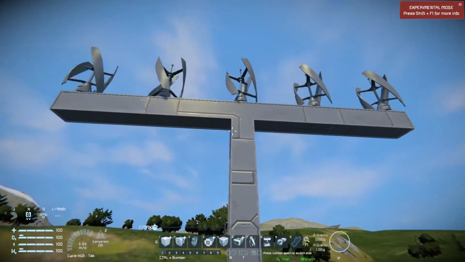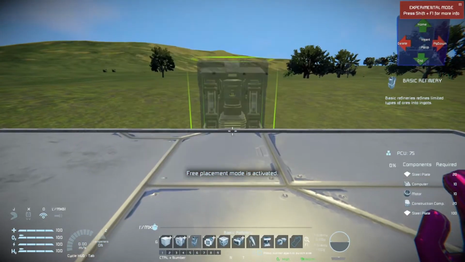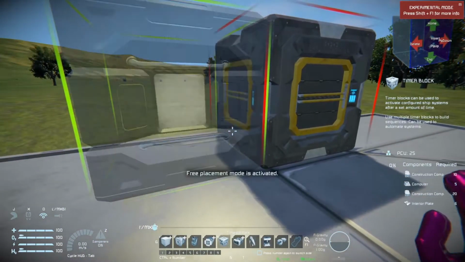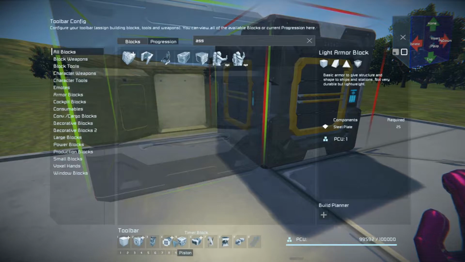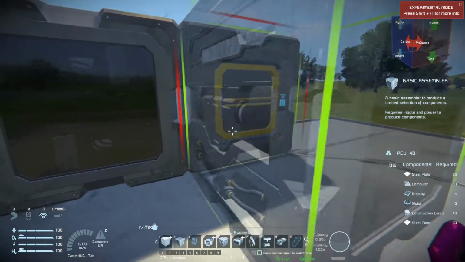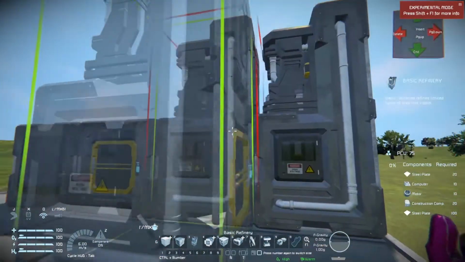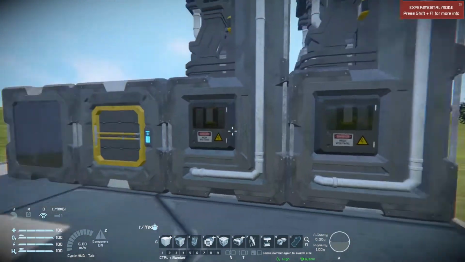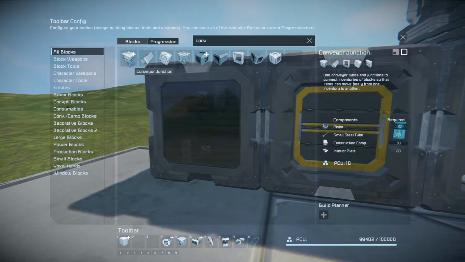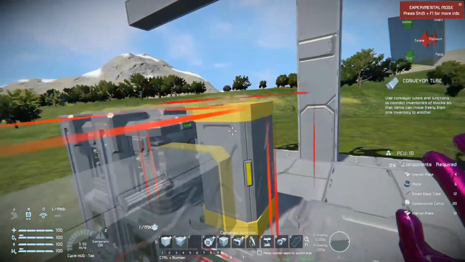So let's say you have your base already set up, and now you are just landing on your planet and you just want to get your base set up. How I like to start with this drilling rig is I like to start with a cargo container, like so, and then we need an assembler. So I will delete that and I will put an assembler in like so, and then I like to add a basic refinery, or a couple generally, just like that, so that we can quickly process the stone that is being produced here. So I'm going to grab a conveyor junction here so that I can add my